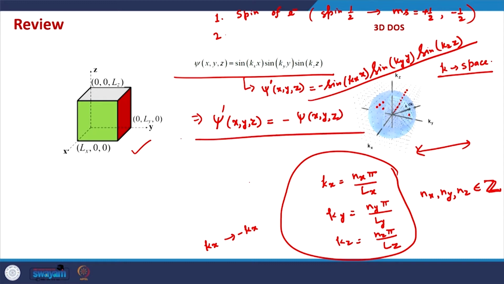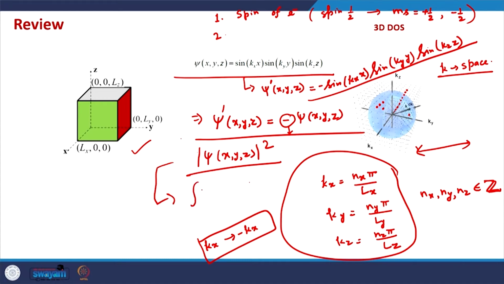So the wave function will just have a negative sign outside of all the sines and cosines. There will be a global phase introduced in the wave function if we make a change of sign in kx, ky and kz. As we know from our discussion of the postulates of quantum mechanics, a global phase does not make any difference to the probability density function of the system. So this will remain the same. Also, it will not make any difference to the expectation value of any operator over the entire volume. Essentially, a global phase factor does not physically mean anything,